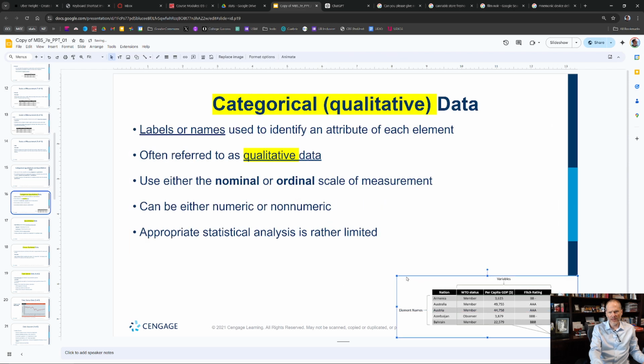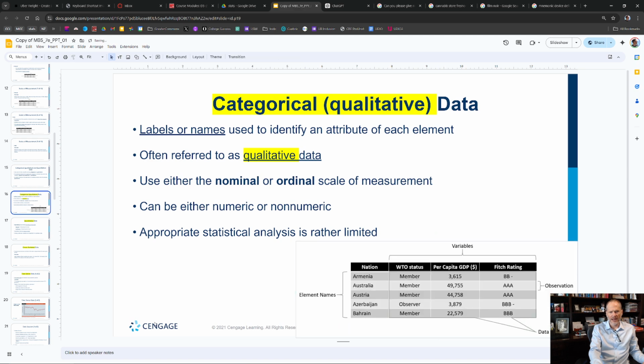And then we'll bring this one up here like this so we could see it. There we go. All right, so labels or names, qualitative data used to identify an attribute of each element, member, observer, BAA,